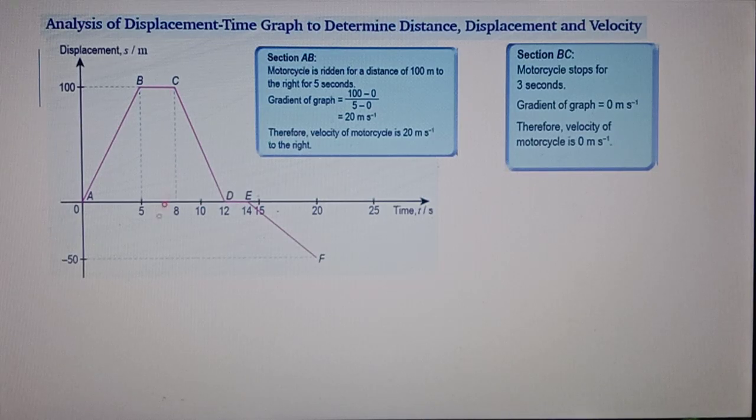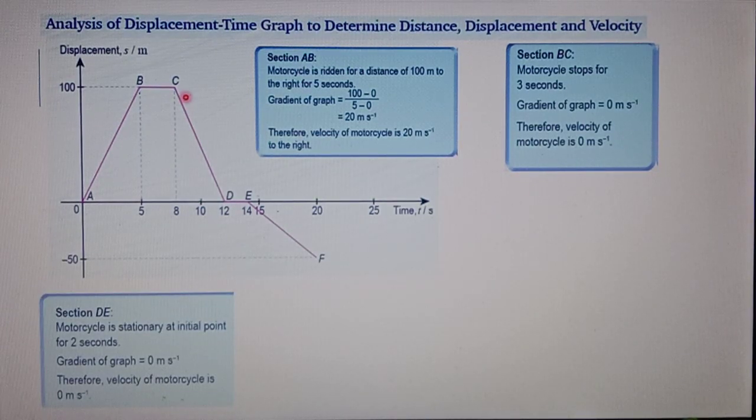Okay, so for CD, a straight line but with negative gradient. So you can draw a triangle below the line and calculate the gradient. So the motorcycle is stationary at the initial point, here C, stationary here. Then the gradient of the graph,